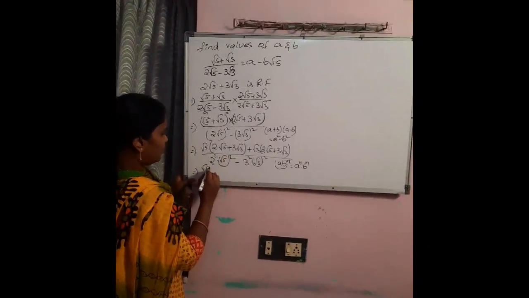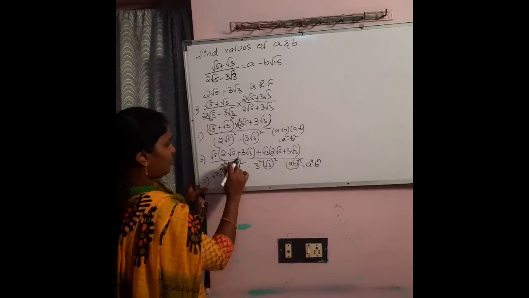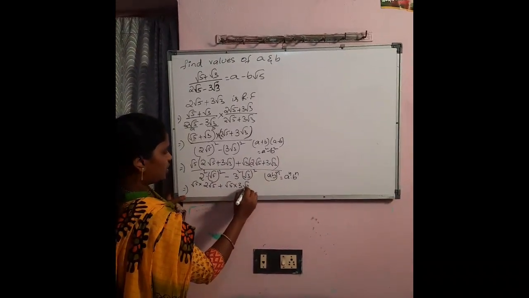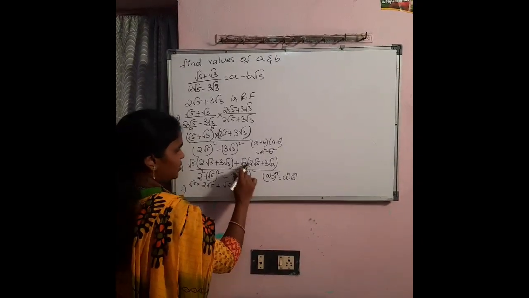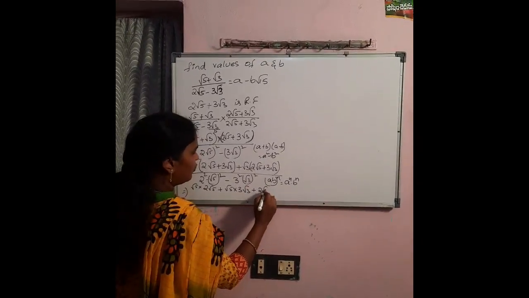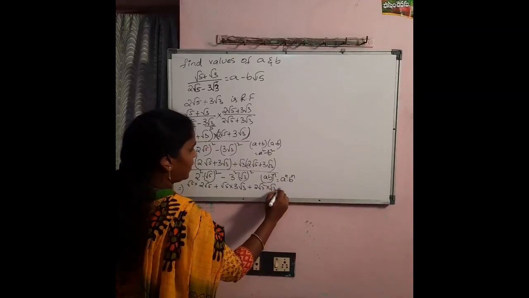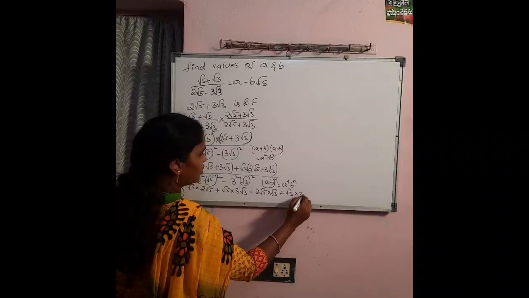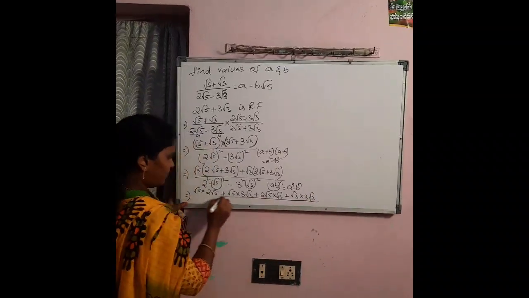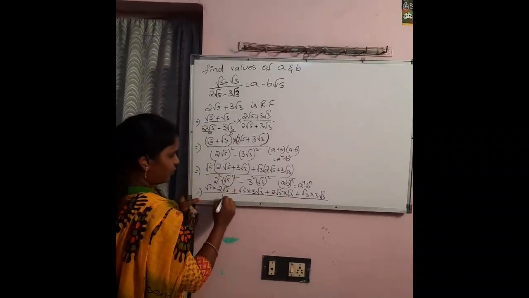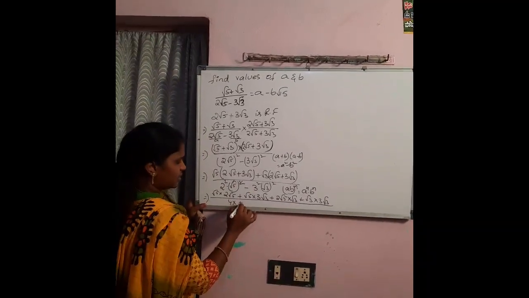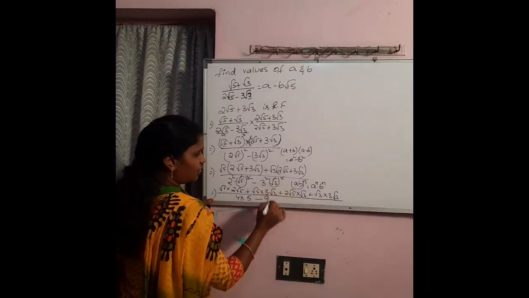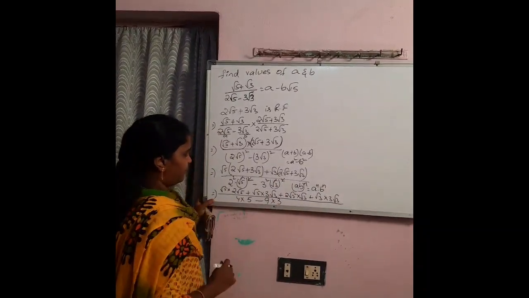So the first number should be multiplied completely with the bracket values. So root 5 into 2 root 5 plus root 5 into 3 root 3 plus, into plus, 2 root 5 into root 3 plus, into plus, root 3 into 3 root 3 by 2 2s are 4, square and root will be cancelled, so 5 minus 3 3s are 9, square and root will be cancelled, so 3.